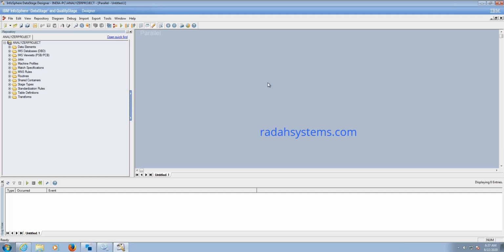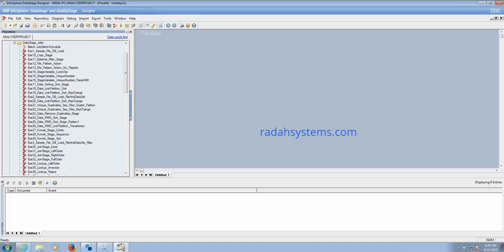Now we will see how to create a job runtime parameter. Let's open any job. A job runtime parameter can be created in the job properties.